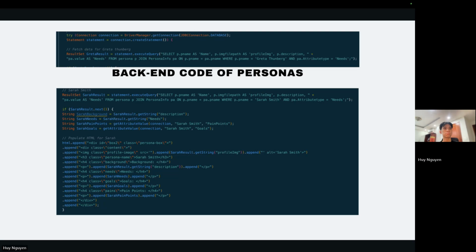So let's fetch the data for each persona, Krita, Saras, and Elena, executing the SQL query, retrieving their names, image file path, descriptions, and needs from the persona table, joined with the persona info tables. Additional attributes such as pain points and goals are fetched using a separate method, get attribute value, demonstrating a good